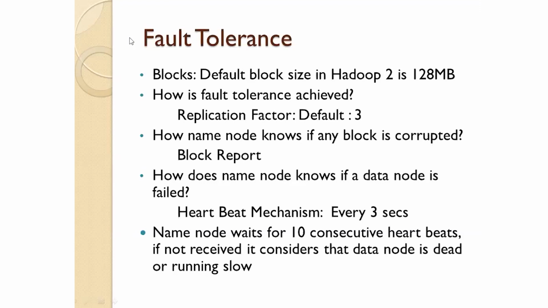You mean how Hadoop is called a distributed database? Because it works in a cluster, right? A traditional database is a single server, but here a group of machines is working together to handle big data. So that is why it is called distributed. It is like a distributed database. So now you are clear what a block is. Then let us see how fault tolerance is achieved in Hadoop.